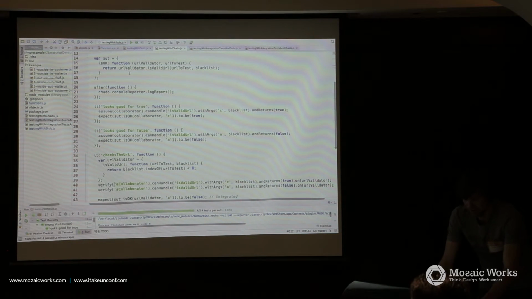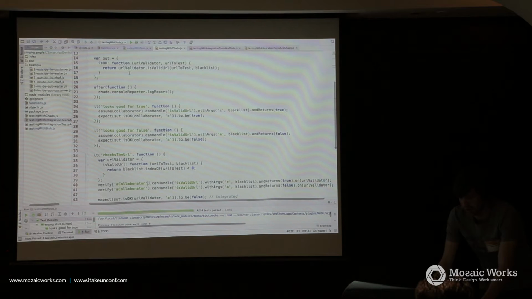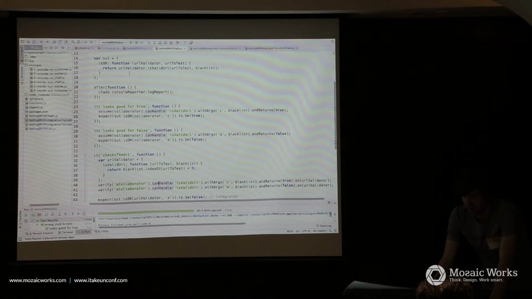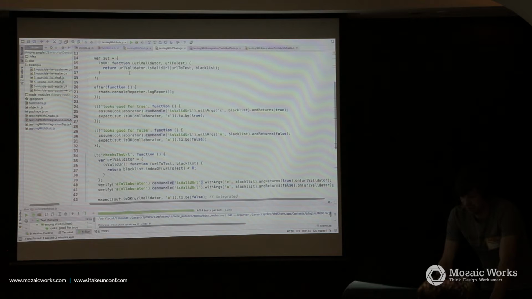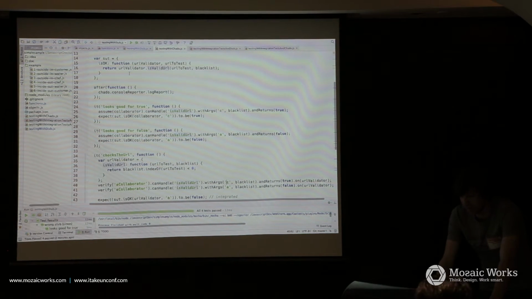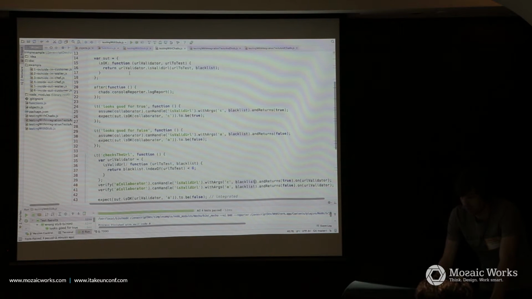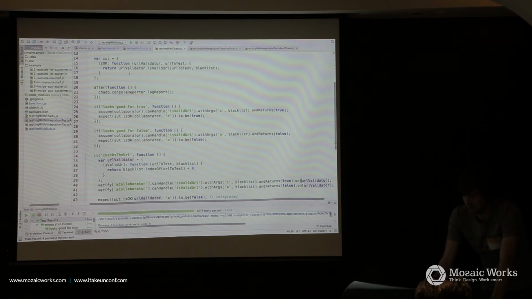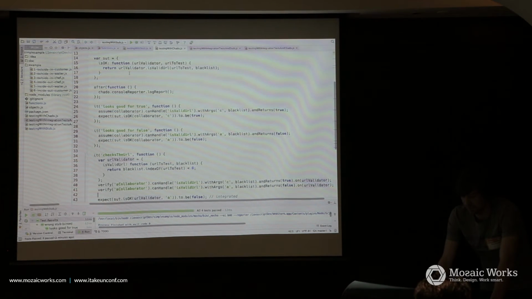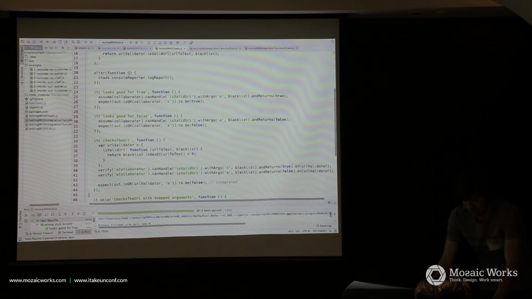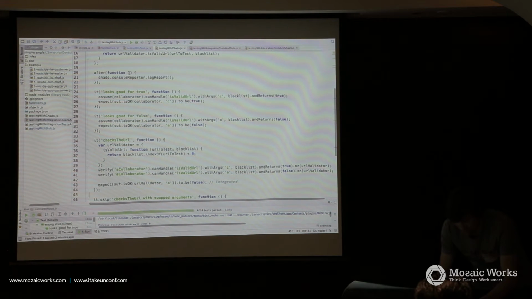And now this is why we needed the createDouble method, because we used the ID to identify the collaborator, and we say we want to verify that the real collaborator can handle isValidURL with the arguments C and blacklist, and that it should return true, and he should do this on the real object validator. So let's run it. It was Control Shift. Yeah.